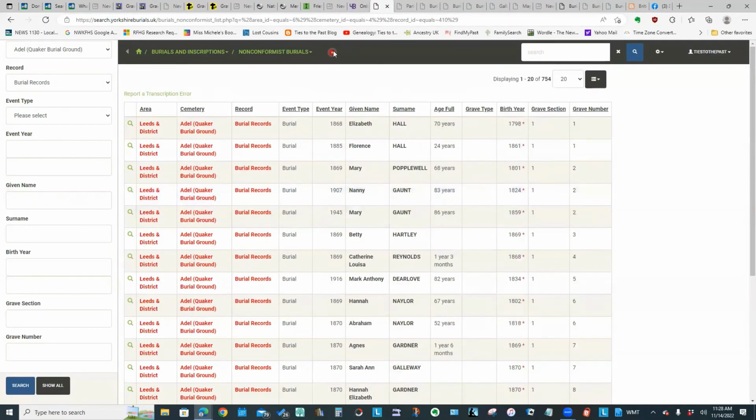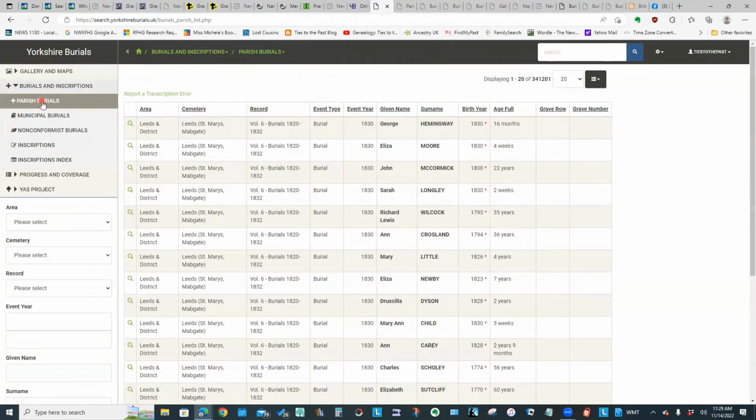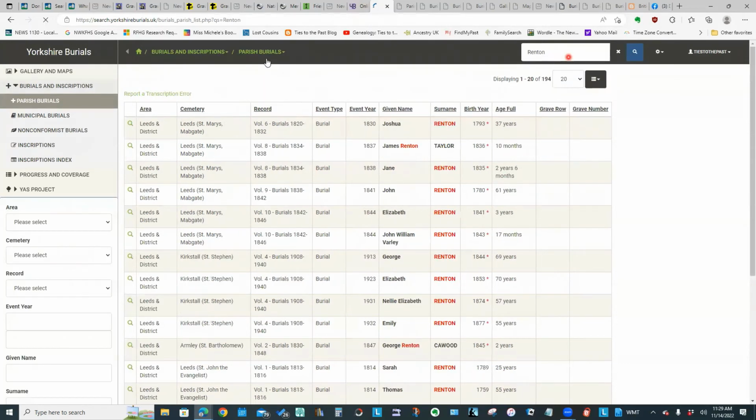And the other information that is available on this website, if I scroll up here, we've looked at municipal burials, nonconformist. We can also look at parish burials. And again, if I put in Renton, it is searching only through parish burials this time. My display is the same.